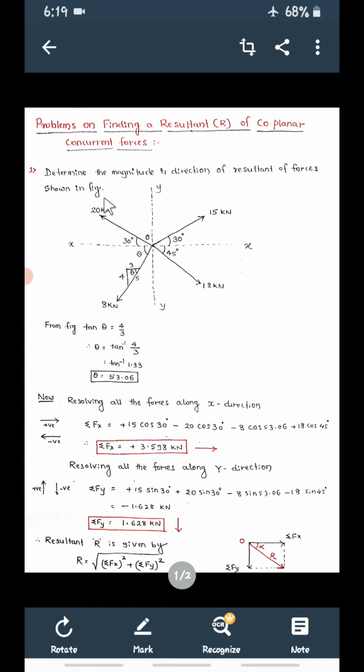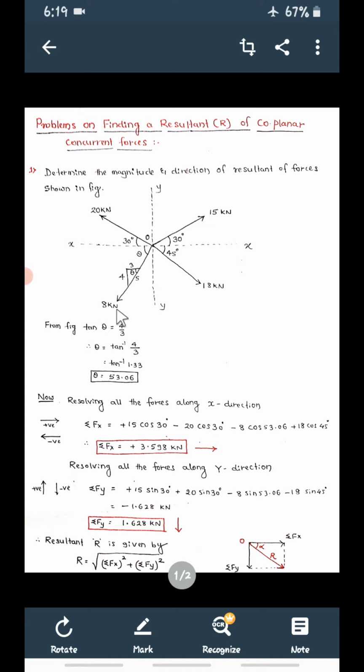Then this force, make it horizontal again. Now it will move in this direction. When you make this, see the arrow mark, it will go like this. So minus 20. You have to see the value of the force, 20, into again this angle, horizontal means cos 30, so minus 20 cos 30.